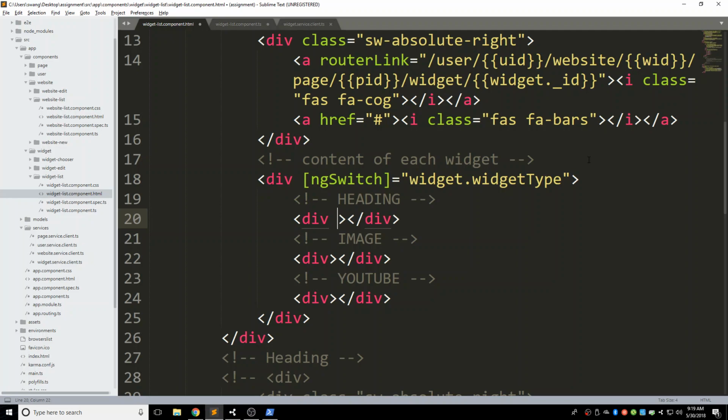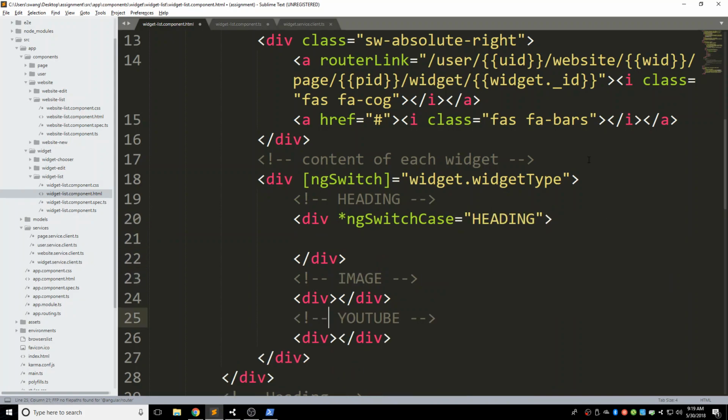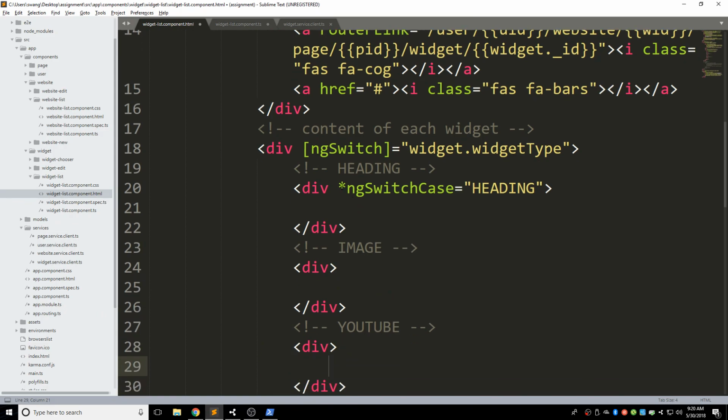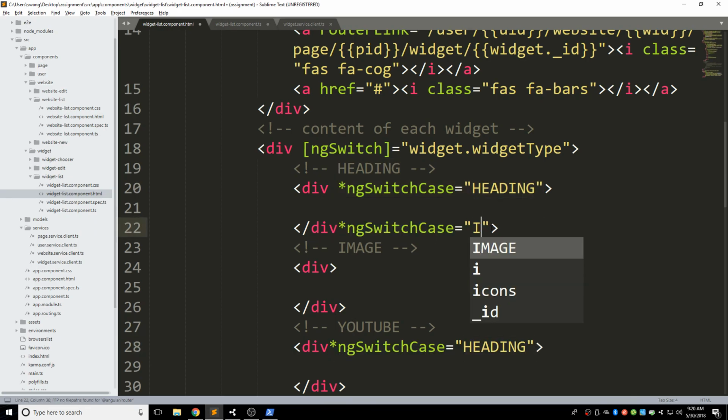And ngSwitchCase, when this one is equal to heading, we'll display something. And let's copy this one, ngSwitchCase, when this is equal to image,